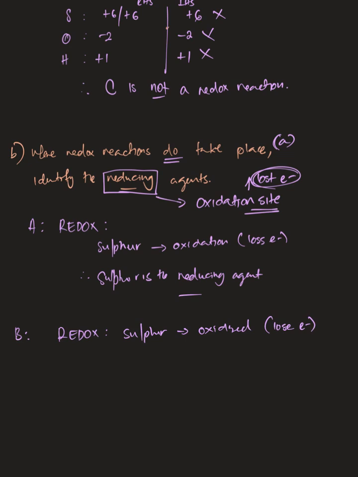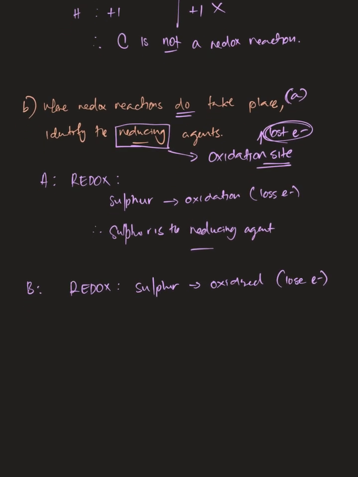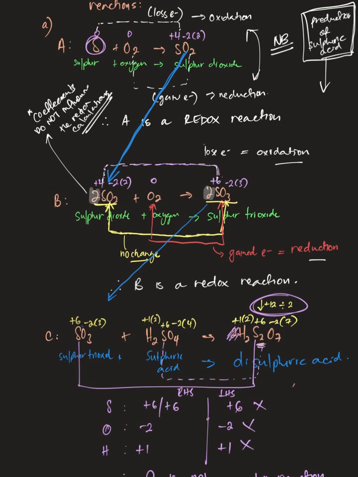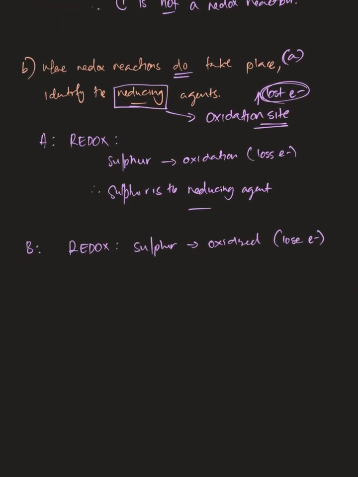But the sulfur itself in B did not belong to itself, and I'll highlight it for you. It actually belonged to a compound, which was sulfur dioxide. So in this situation, the SO2 is the reducing